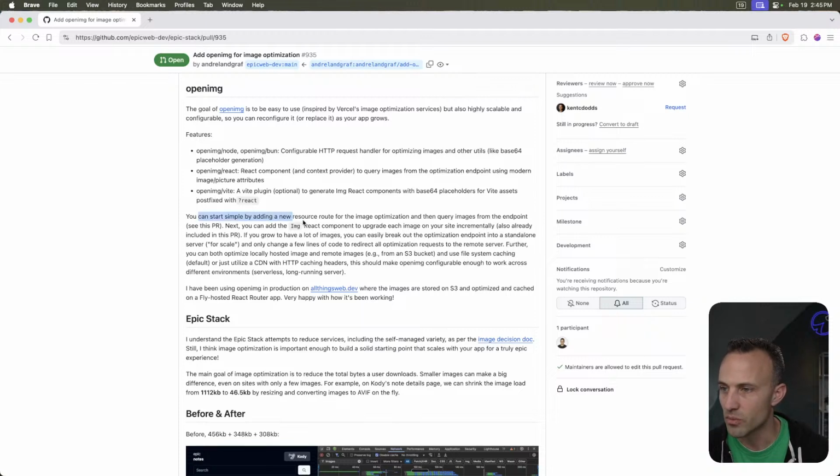You can start simple by adding a new resource route for the image optimization, then query images from the endpoint. See this PR. Oh, this one, the one we're looking at right now. Next, you can add the image React component to upgrade each image on your site incrementally, also already included in this PR. If you grow to have a lot of images, you can easily break out of the optimization endpoint into a standalone server for scale, which yeah, that's cool. And only change a few lines of code to redirect the optimization requests to the remote server. Further, you can both optimize locally hosted images and remote images, which is great, from an S3 bucket, for example,